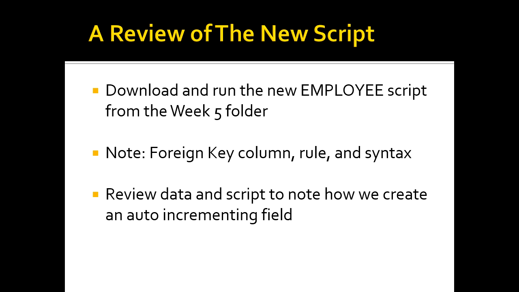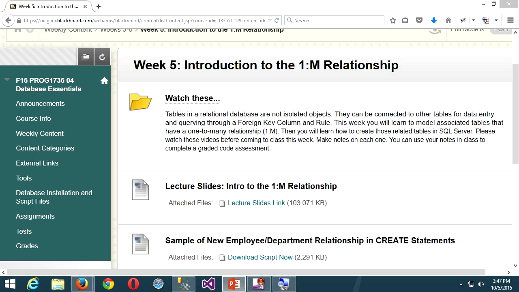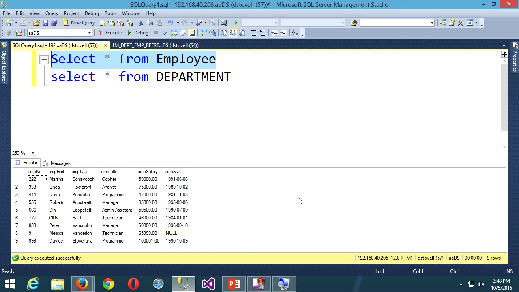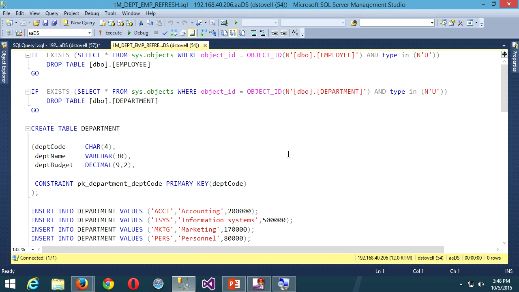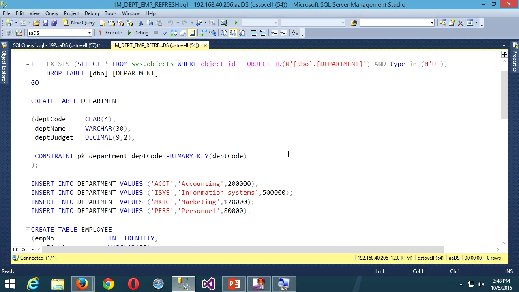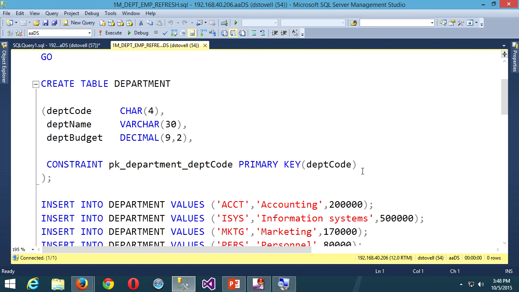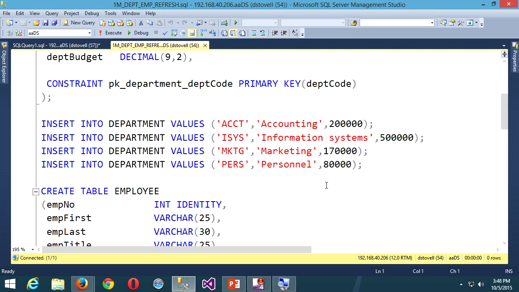Okay. So I have a script for you to download from Blackboard and run in your database. Let's just have a quick look at it. It's right here: sample of new department employee relationship create statements. If you download that and get it up in Management Studio, it looks like this. These first two commands just delete your old tables if you have them, right? So when we look at the create for department here, it's no different. Our department table doesn't change in this relationship. The parent still stays the same in the one-to-many relationship. And we can insert some values for the